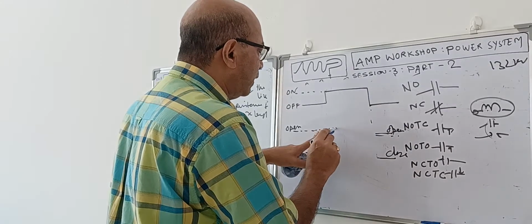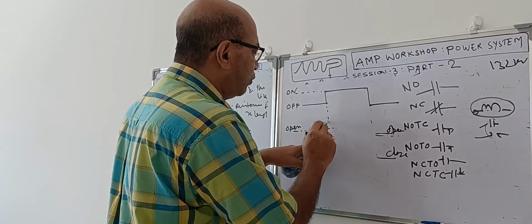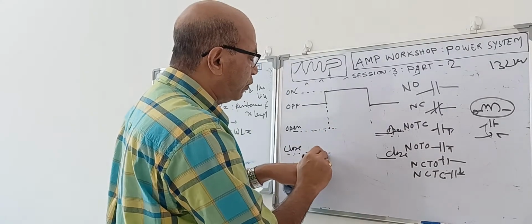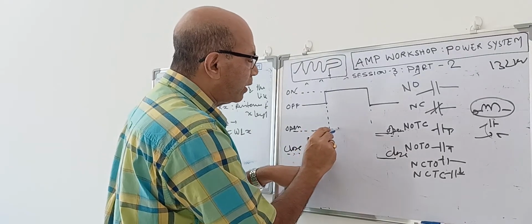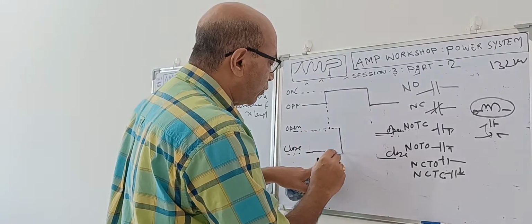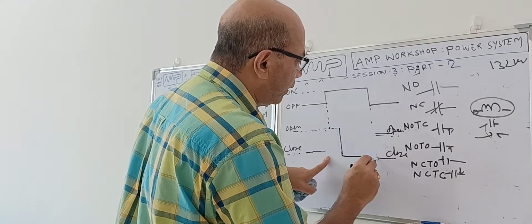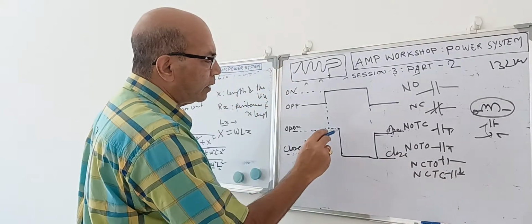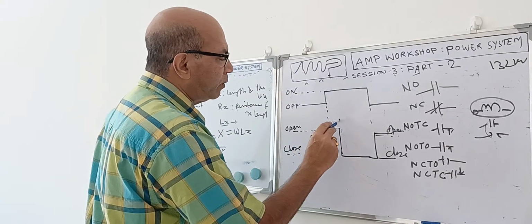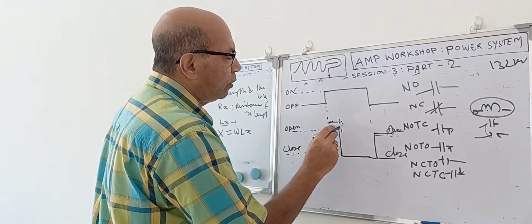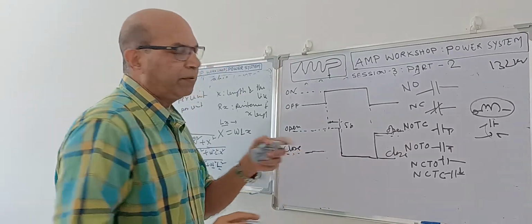Suppose this is a 5-second delay. The power supply comes over here. It should change over to the closed position, but it will not change here. It will take some time, and only then will it close. Okay. So it will close and maintain the closed position up to the power supply. Then it will go to the open position. So in that case, this will be the nature of this. This is, suppose, a 5-second delay, so it will close only after 5 seconds.